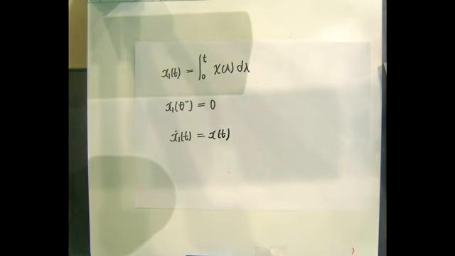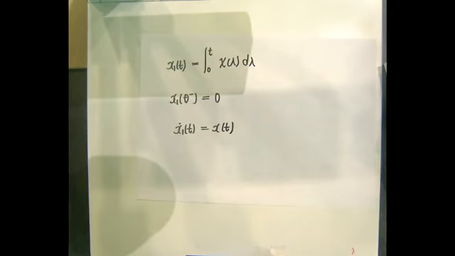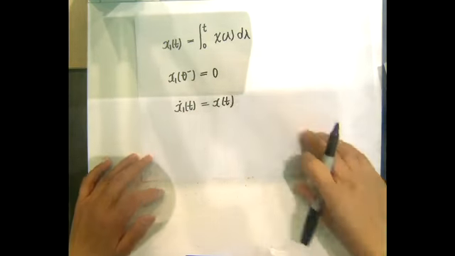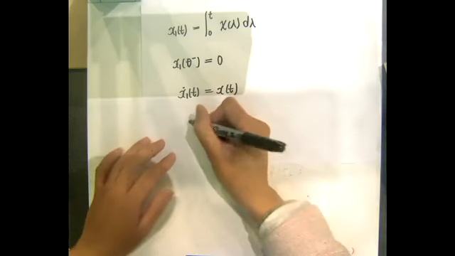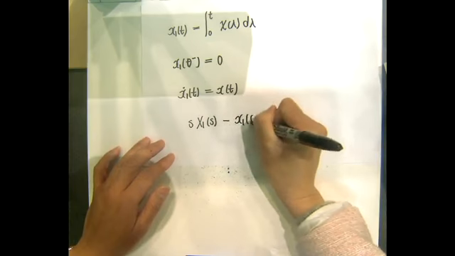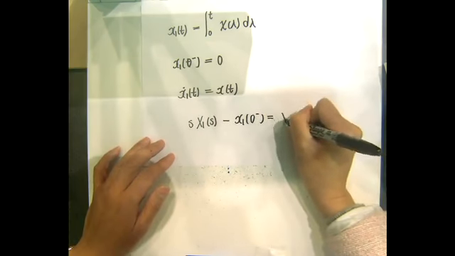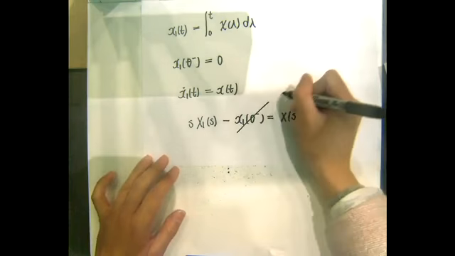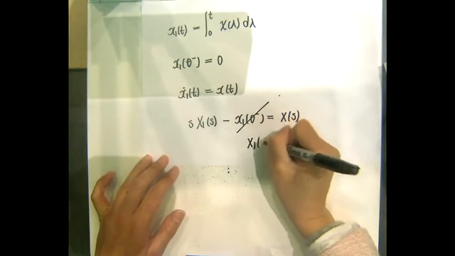And now I have to go back again to think about the properties of the derivative. So if I do the Laplace transform for both sides, I will have s X1(s) minus x1(0), and because this term is 0, so X1(s) will be